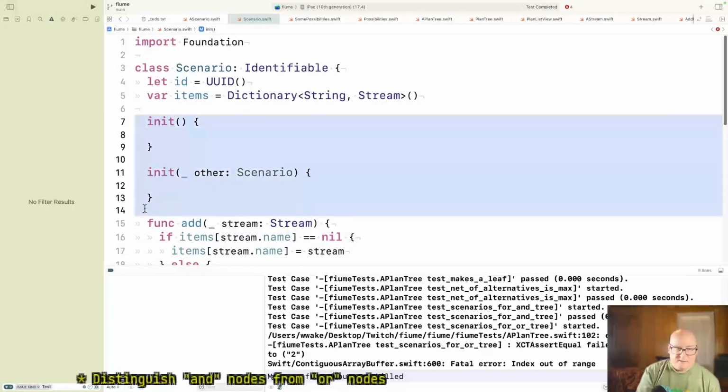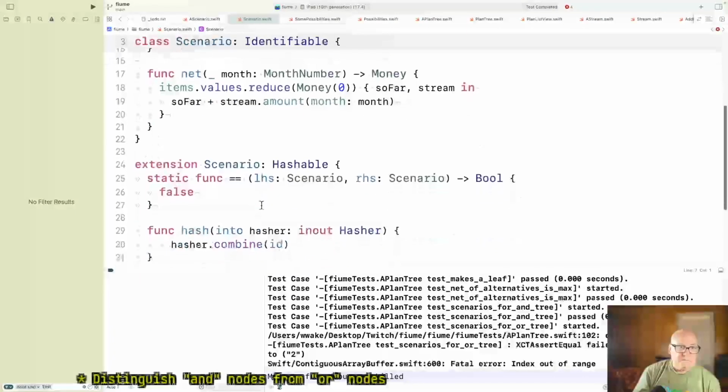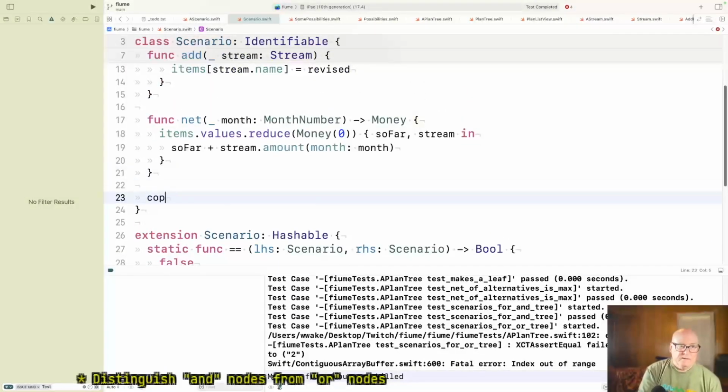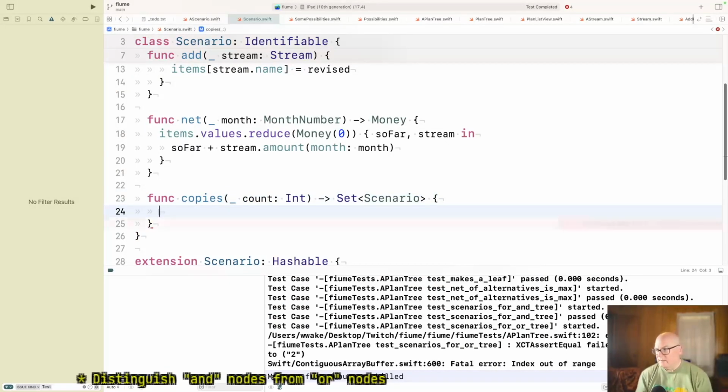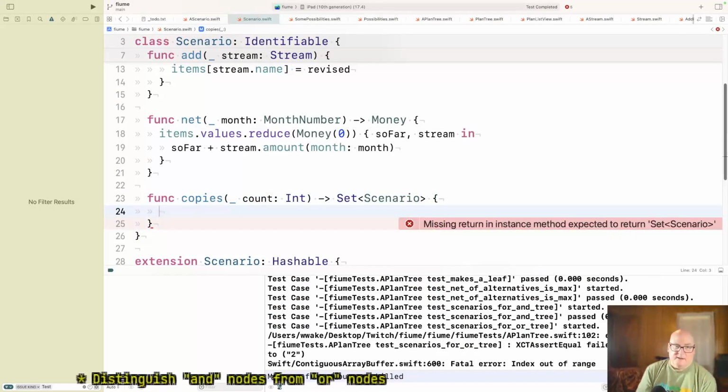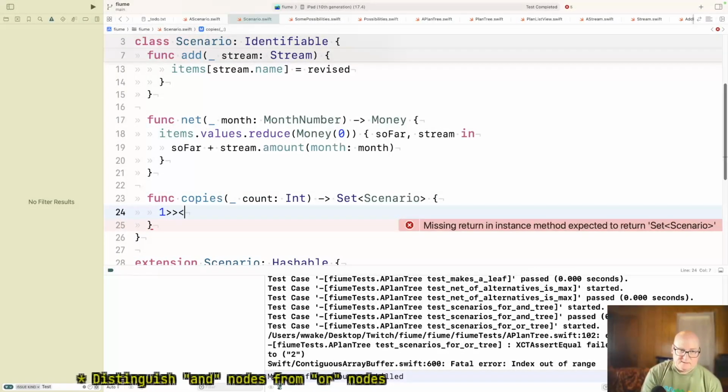Okay, now copies. Let's get it right. Take this back out. Copies. Well, it's a func, and count int, and it produces a set of scenario. Okay. Now, we're going to do 1 dot less of count.